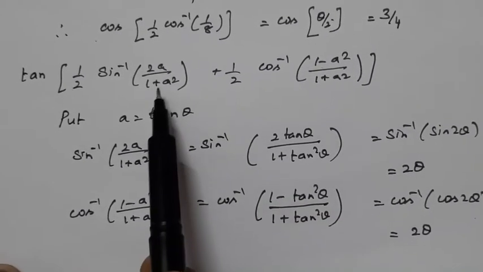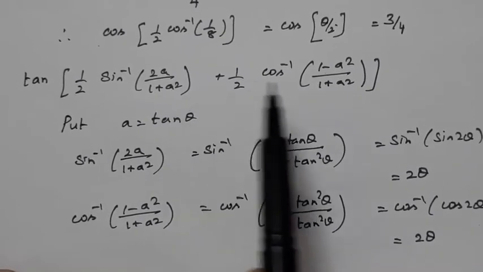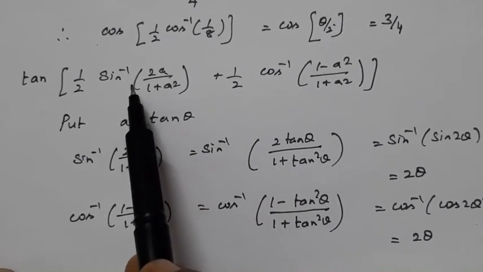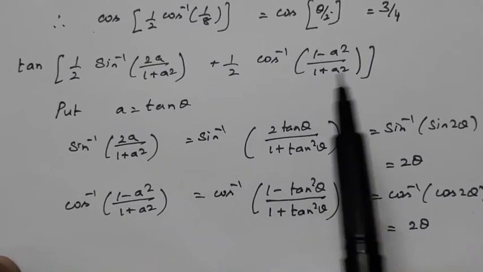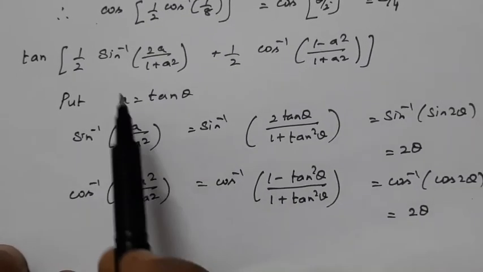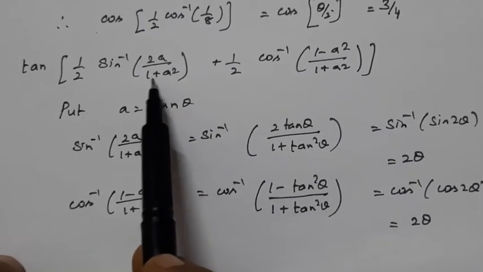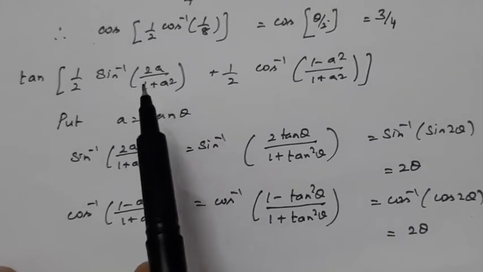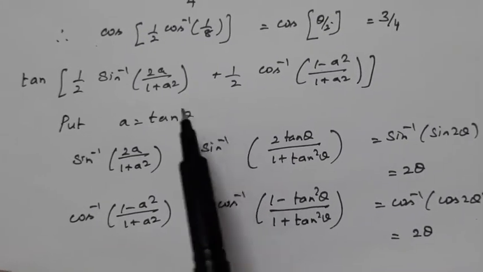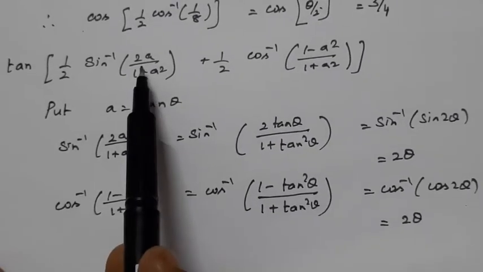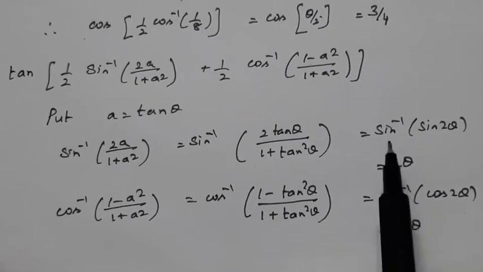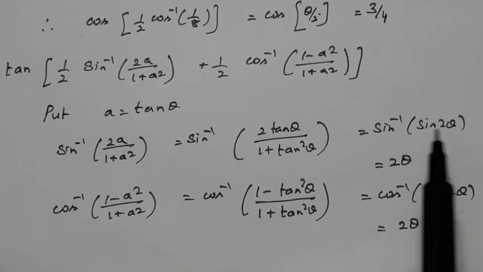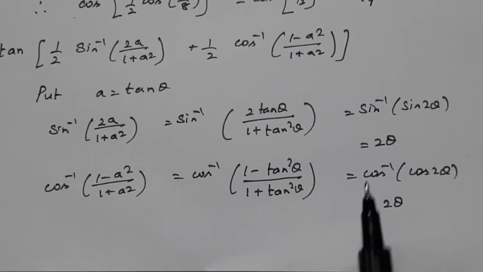Okay. So, here as variables are used, no need to check, because the problem will be given in such a way that the variables belong to the respective domain or range. So, no need to worry about that. Only in the case of a numerical value, you have to check whether it belongs to that respective range. So, here it is a variable, no need to worry about the range. Directly you can apply the identity, that is sin inverse of sin 2 theta will be equal to 2 theta. Now,